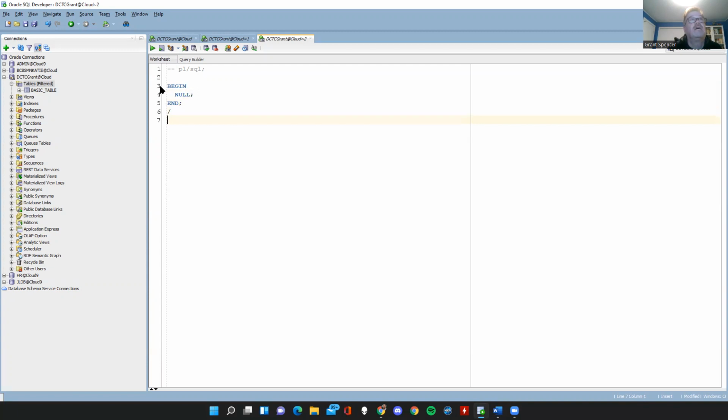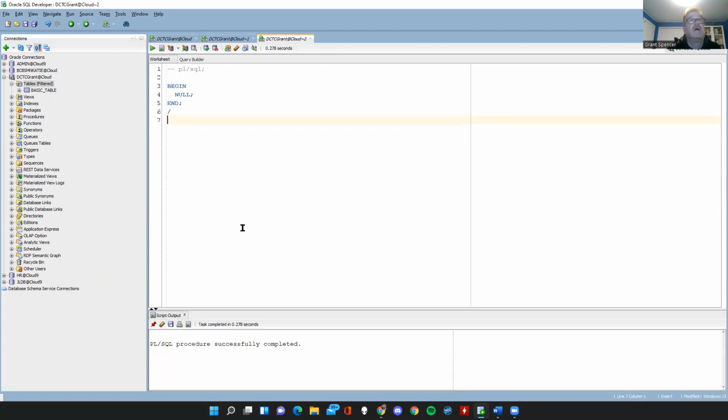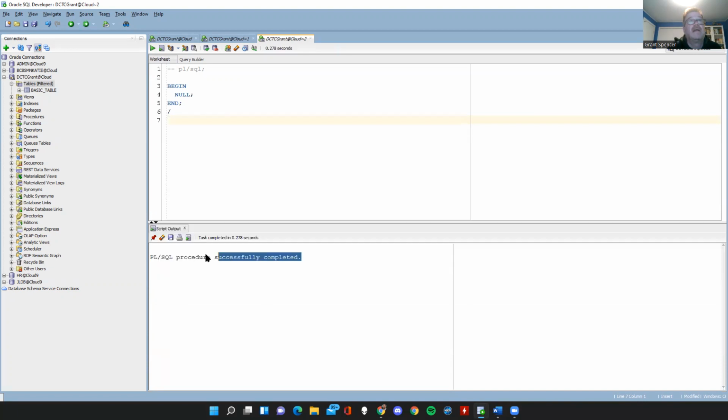That is the beginnings of a block. If I ran that block, I get the feedback that it's successfully completed. The block starts with a begin, ends at an end, and I've got one line there that basically says, don't do anything. Now, I would like it to explode. So there is a procedure that comes with the Oracle database called raise_application_error,